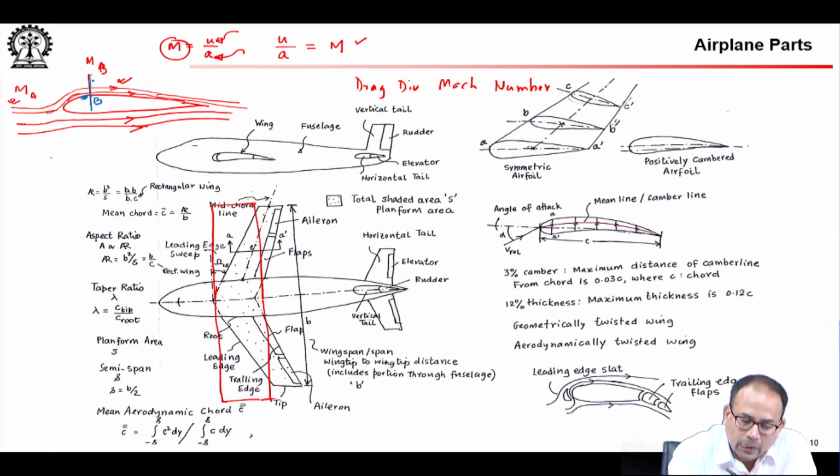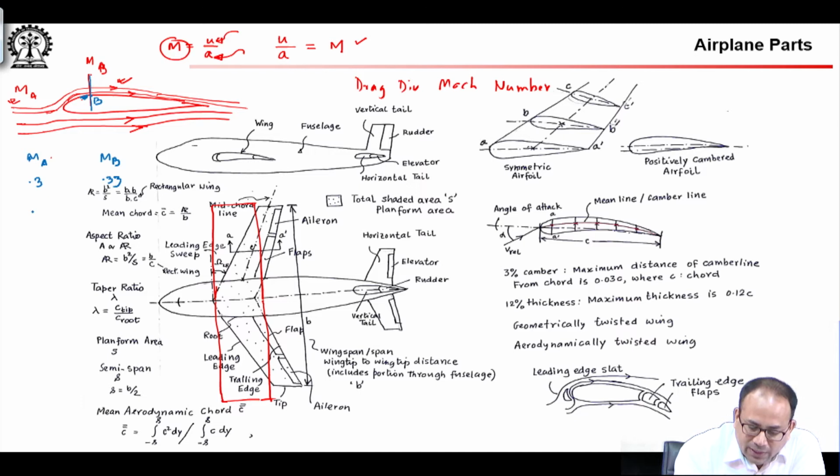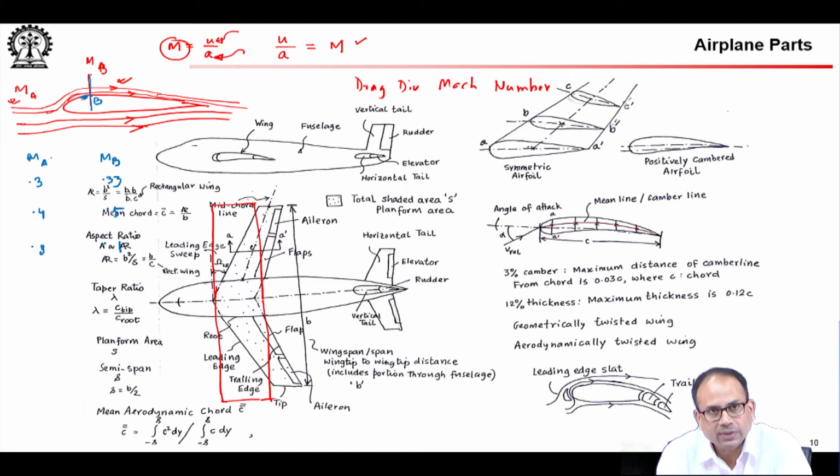Now, what will happen is, the Mach number at A and Mach number at B, if you plot these two numbers, when Mach number at A is say 0.33, Mach number at B perhaps was 0.33. I am just pulling out some numbers. When Mach number was 0.4, this one was say 0.5. When Mach number was increased to 0.8, suddenly we see that Mach number at point B has become 1. So, this is an interesting situation, that is your free stream Mach number.